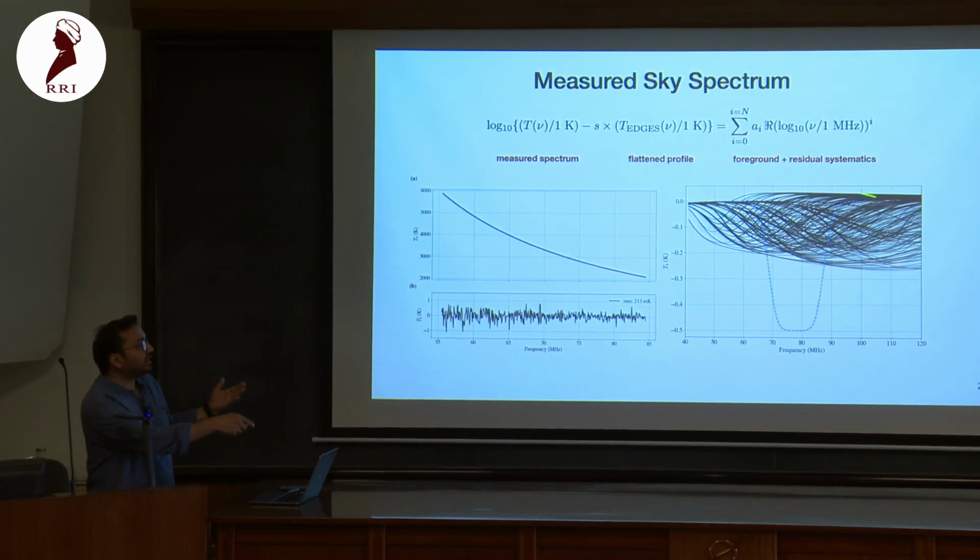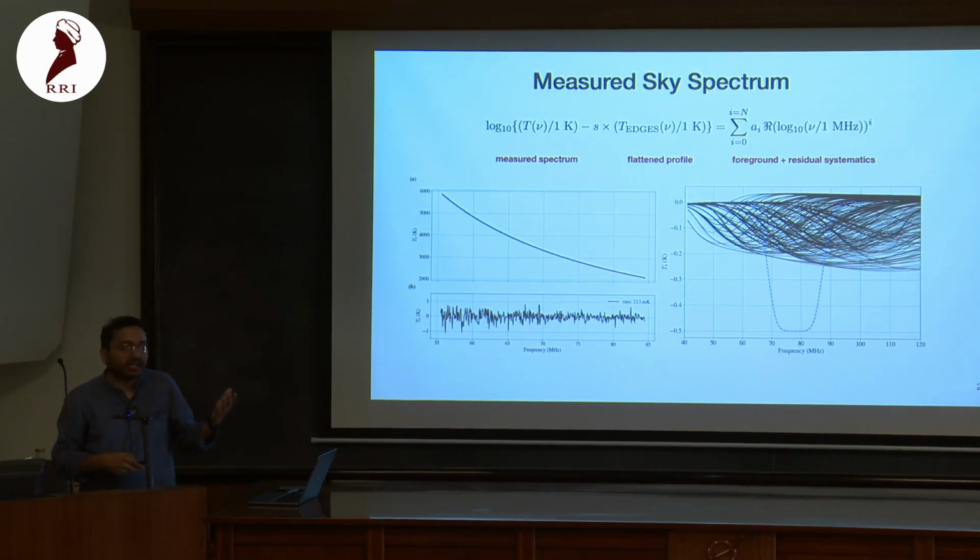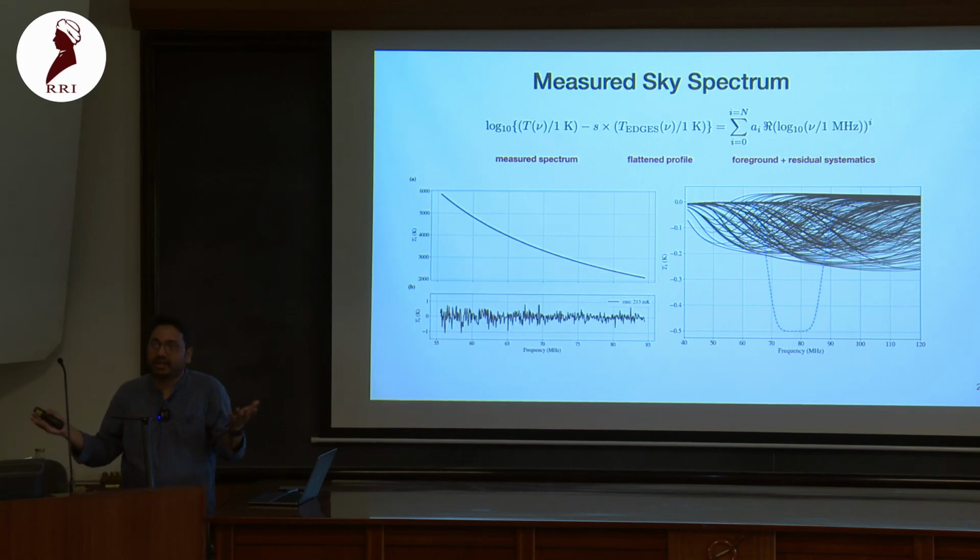But that's not true for, say, very low absorption models, which after we apply these filters are definitely much below the sensitivity that we have. For example, this is 200 millikelvin sensitivity. If a model, after surviving filters, is at 50 millikelvin, we really can't say much about it, so it is unconstrained by Saras data. But if something at 500 millikelvin has to survive, and we don't see it, we can very effectively rule it out. So that's the discriminating factor here.